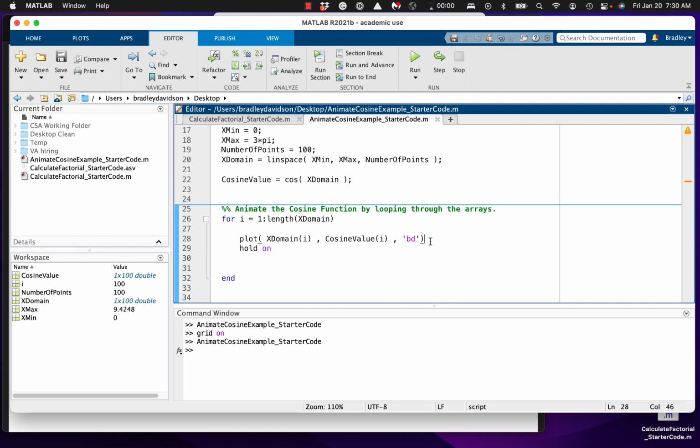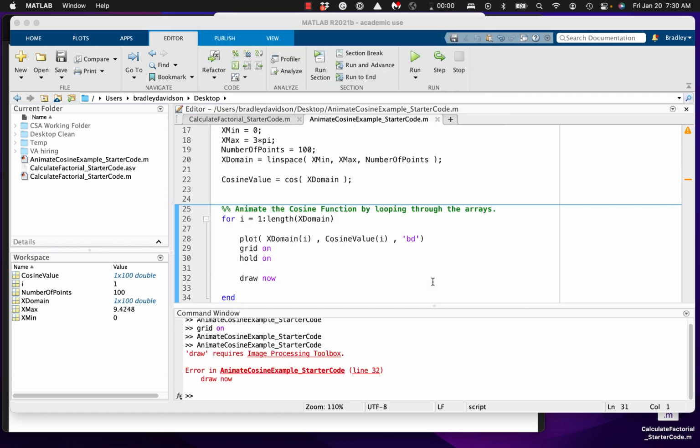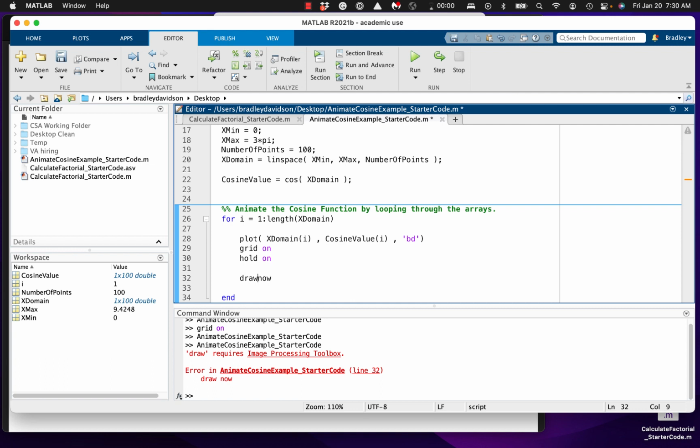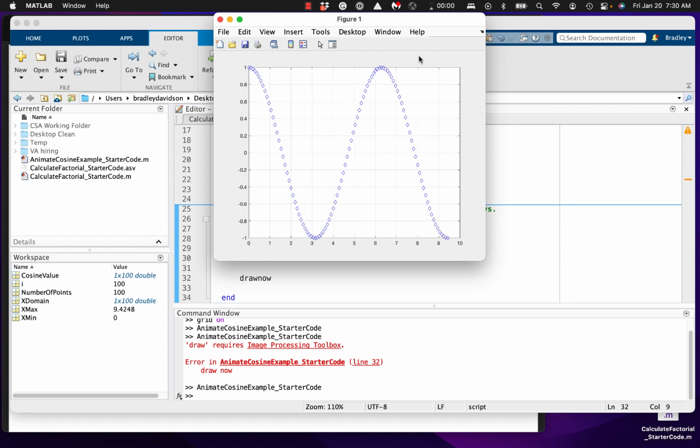And so let me put that grid back in. And then this is where our draw now comes in. So draw now is saying, hey, take a pause and then draw each of these points. So let's try it again. Whoops. This needs to be drawnow with no space. All right, let's go back. There we go. And so now we've animated our cosine, and it drew each of these points with a small